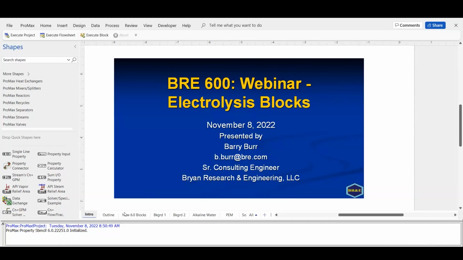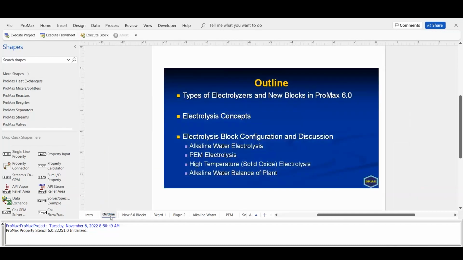So today what we're going to talk about, first we're going to talk about the types of electrolyzers that we've added to 6.0. We have two process blocks because some have two feed streams and some have one feed stream, but that's really the only difference. And then I'm going to go into a little bit of theory, a little bit of background